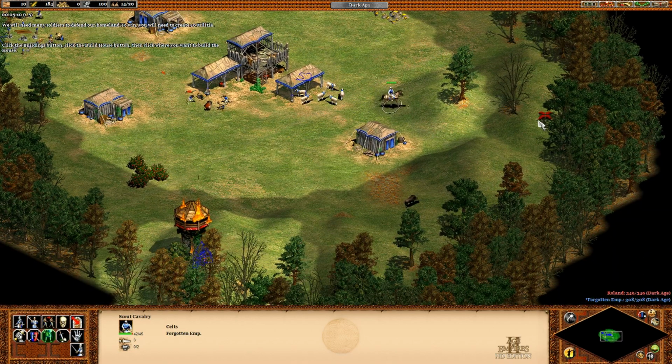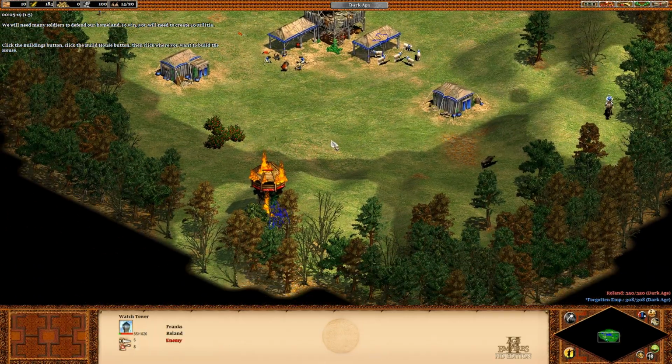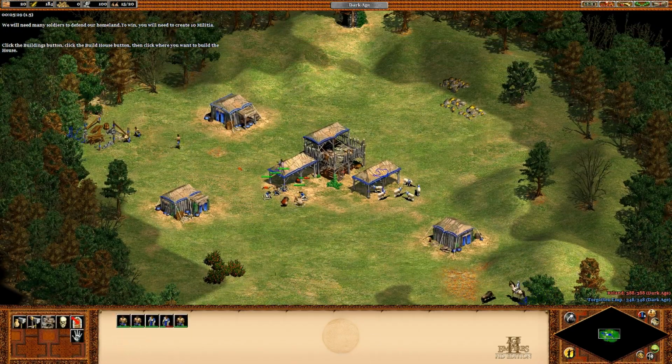So I guess we're just going to make sure these aren't being constructed by a villager around here and see if they're just spawning in or not. Good news is our villagers still do good damage. Alright, so there's another tower over there. I guess you guys get to be transitioned, and we're going to...